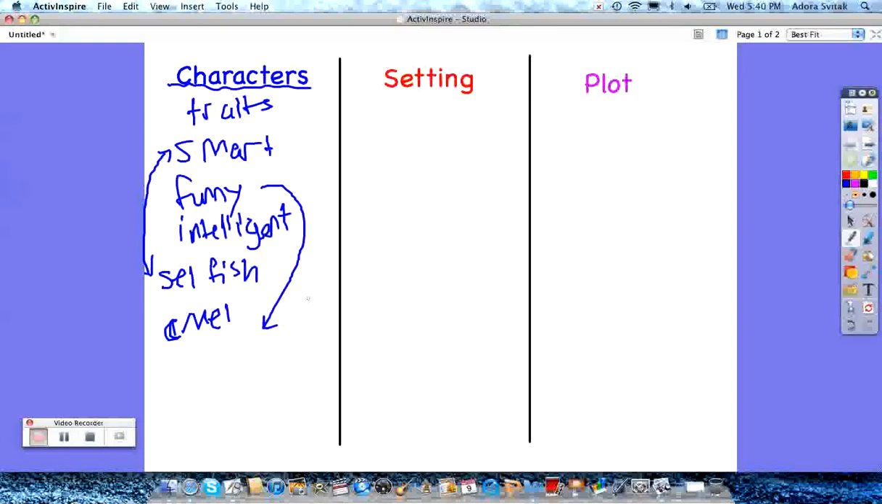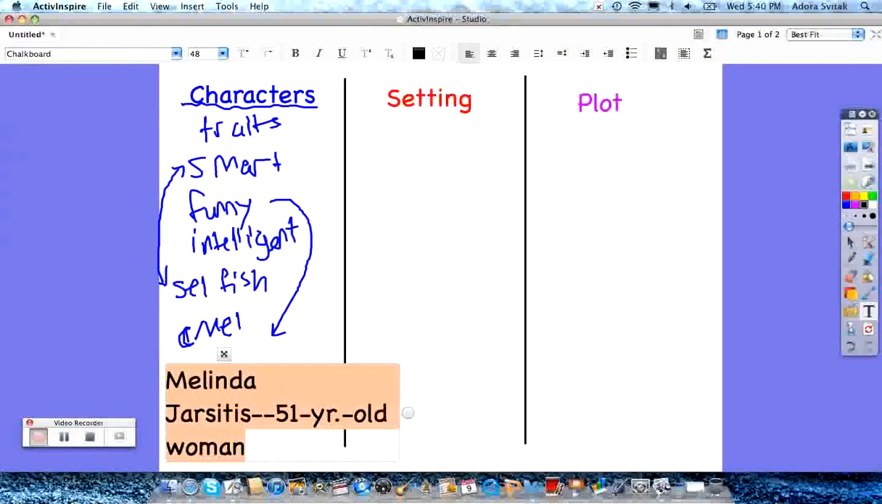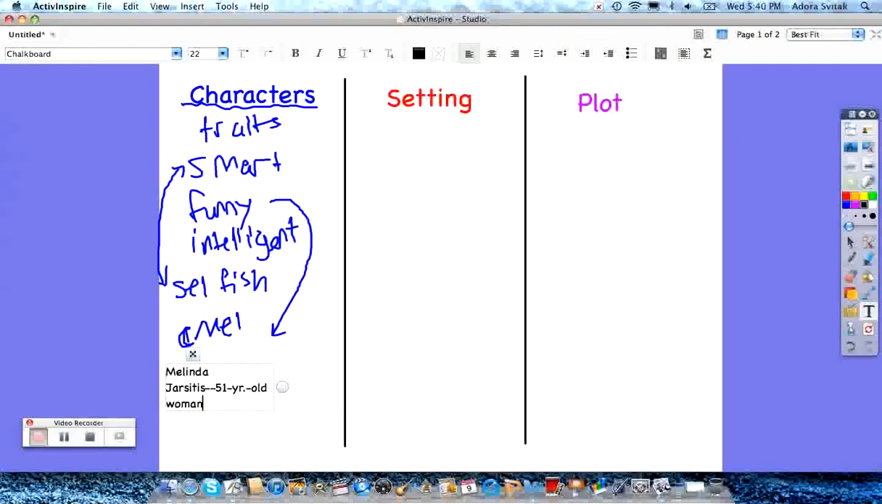So, remember I'm supposed to be outlining the story in 5 minutes, so that was a little explanation of characters. So for my first character, I'm going to call her, let's think here, Melinda Jarsitis. Okay, that kind of sounds like a bad disease, but Melinda Jarsitis, and I'm going to give her an age. She is a 51-year-old woman. I'm going to make this font a little smaller, so don't count the 5 minutes against me here. A 51-year-old woman who